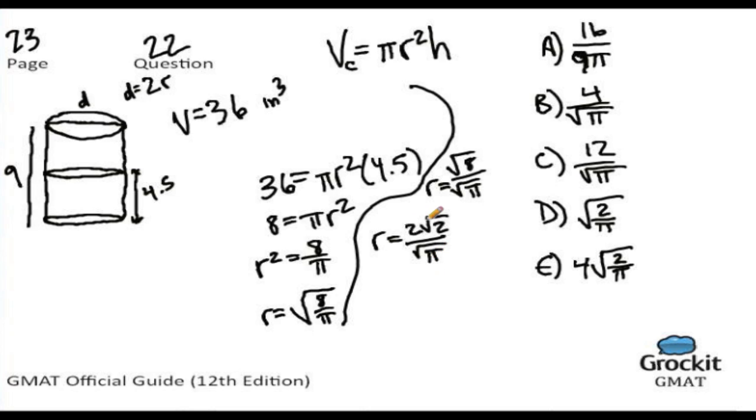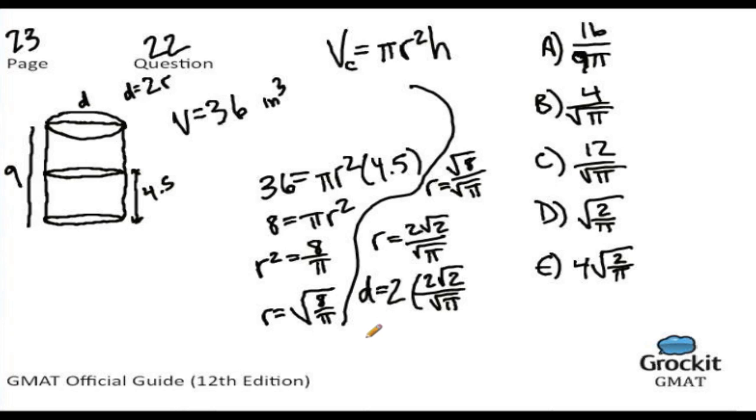Now remember, we're not actually solving for r, and we're lucky in this case that r, as we figured out here, does not appear as any of the answer choices. So we know we still have some more work to do. Remember that the diameter is what we're after, and that's twice the radius. So we end up with 2 times this. So d, which is the diameter, equals 2 times this, 2 times the square root of 2 over the square root of pi,